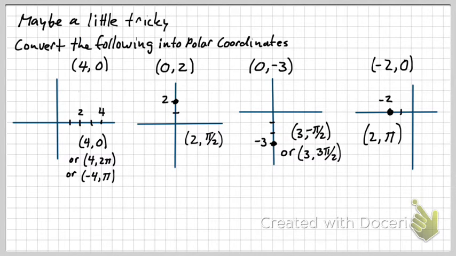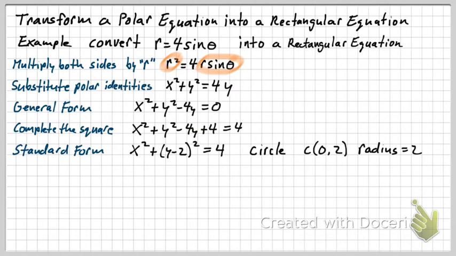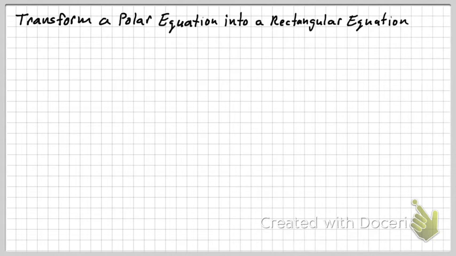Then we asked, what if I have a rectangular coordinate right on an axis? How do I deal with that? That's what we talked about here. Now we're going to get into something a little bit trickier, and we're going to need this for our next unit. I need to transform not a polar coordinate, but a polar